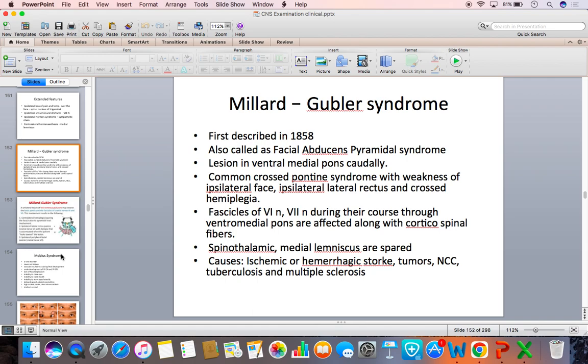It affects the pyramidal fibers. This is the Millard-Gubler syndrome, a ventral pontine syndrome, one of the ventral pontine syndromes. The other one being the